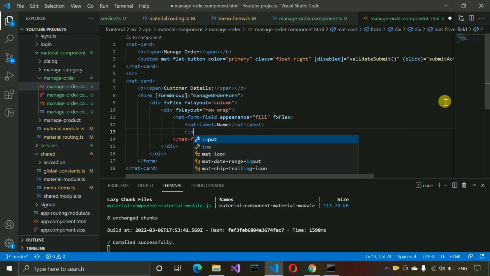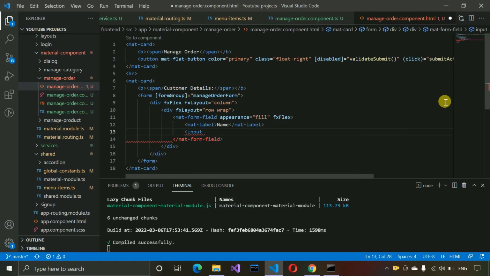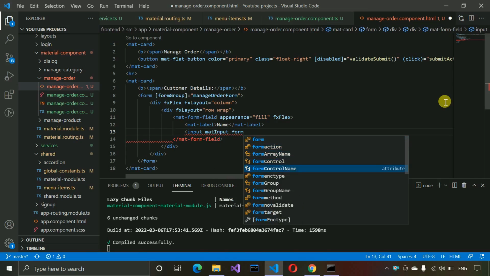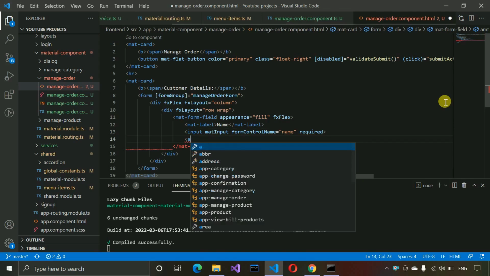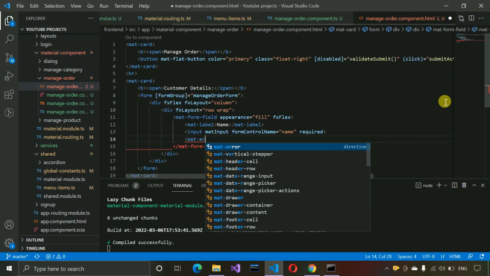After that, here we need to write input, and mat input, this one, and form control name will be name, and it is required, so I'm going to write as required. And then we have to write here mat error, this one,